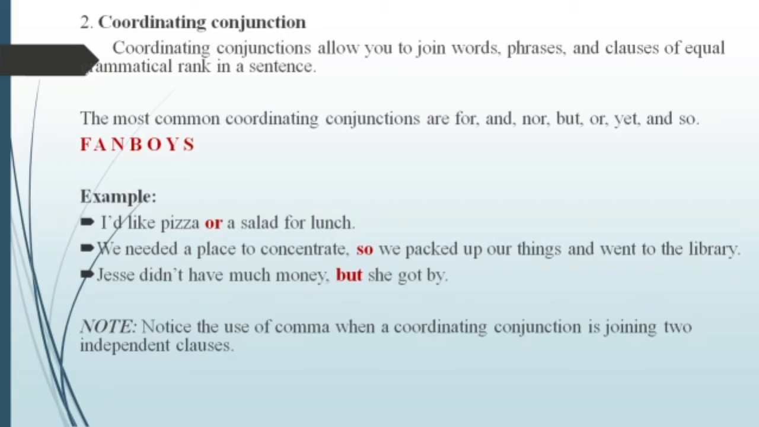So notice the use of comma when a coordinating conjunction is joining two independent clauses. Both the sides are equal, and we are joining by a coordinating conjunction, and a comma is a must before the coordinating conjunction. Let's go to the third one,